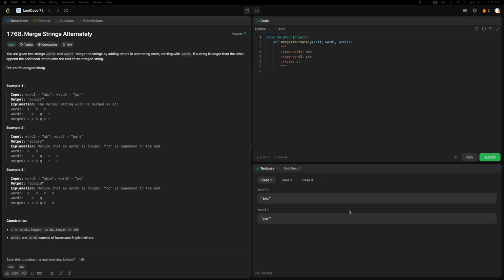and we just loop through word 1 and word 2 until one of the pointers has reached the end, and if there is any extra part left for pointer 1 or pointer 2, we just append that part of the string to the result. So basically this is just